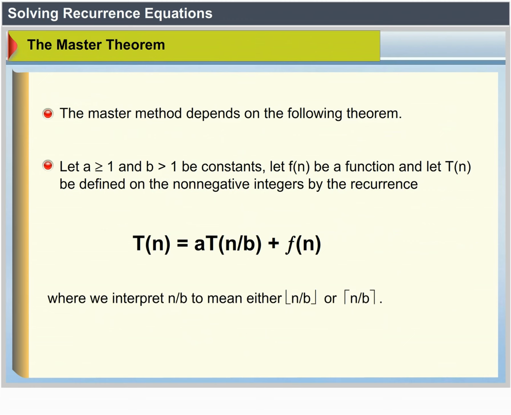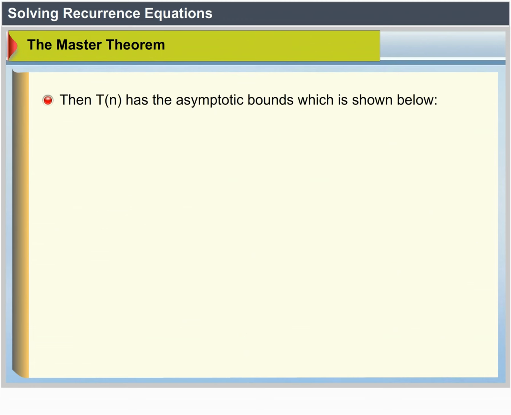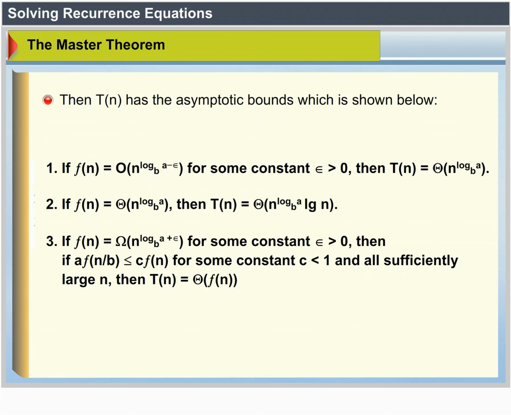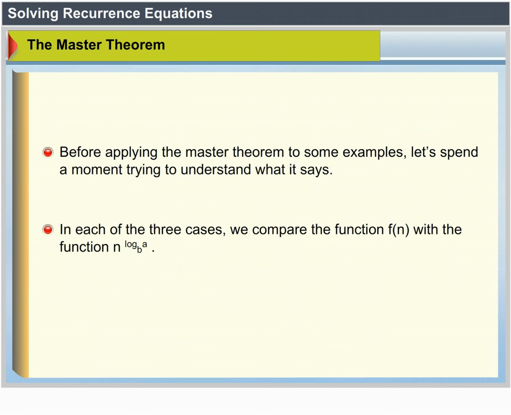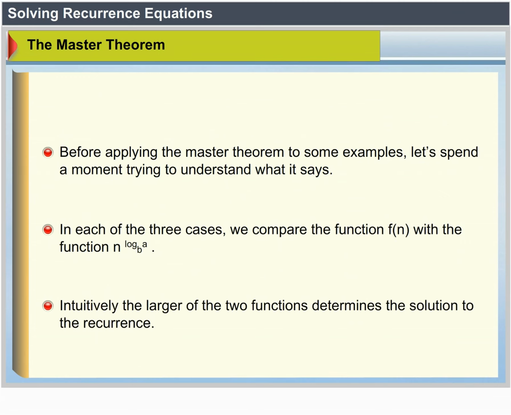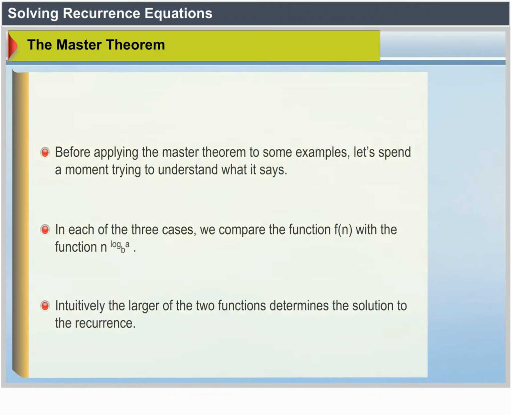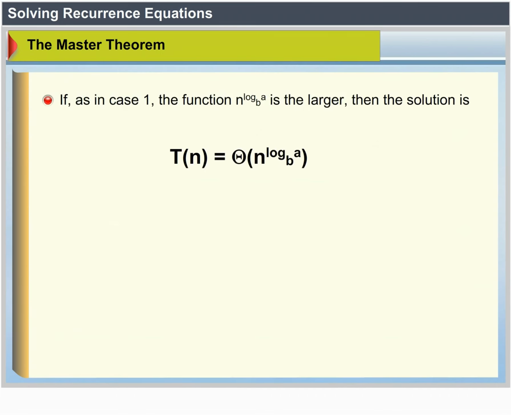Then T(n) has the asymptotic bounds which is shown below. Before applying the master theorem to some examples, let us spend a moment trying to understand what it says. In each of the three cases, we compare the function f(n) with the function n^(log_b a). Intuitively, the larger of the two functions determines the solution to the recurrence. If, as in case 1, the function n^(log_b a) is the larger, then the solution is